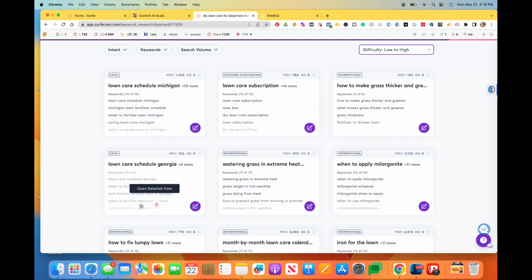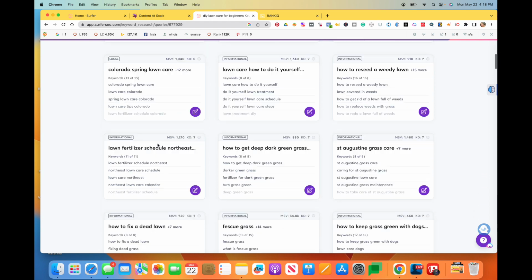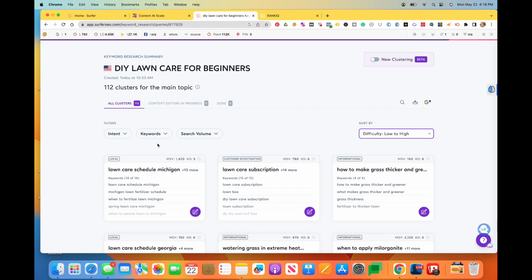There's Georgia. So I'm going to let you know right now that local SEO is going to be really good in this niche, and you could go after every single one of these states. And even local, here's Colorado. You see how they are, so those are always going to be the easier ones to rank for, but yet not necessarily the ones we want to rank for. Remember, we found this lawn care subscription, and this is going to be a good one to go after, especially since it's part of the overarching